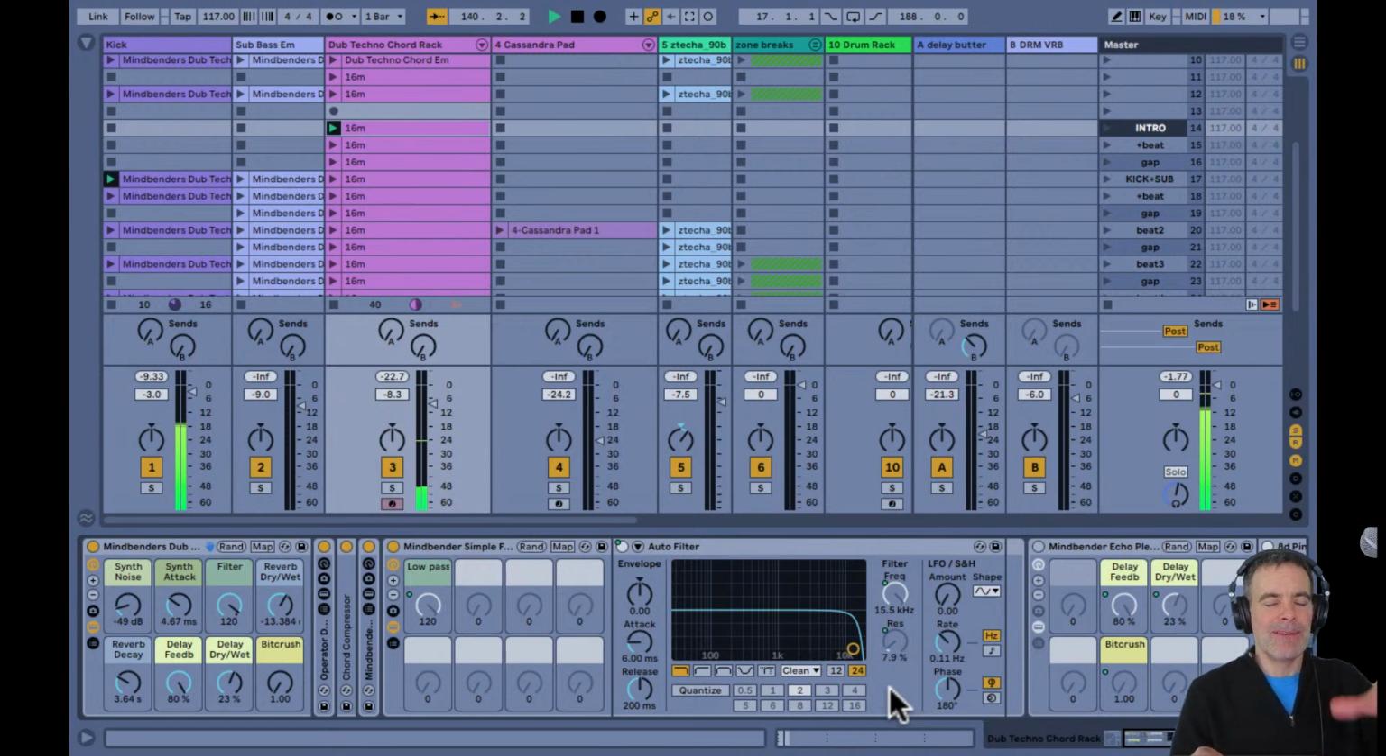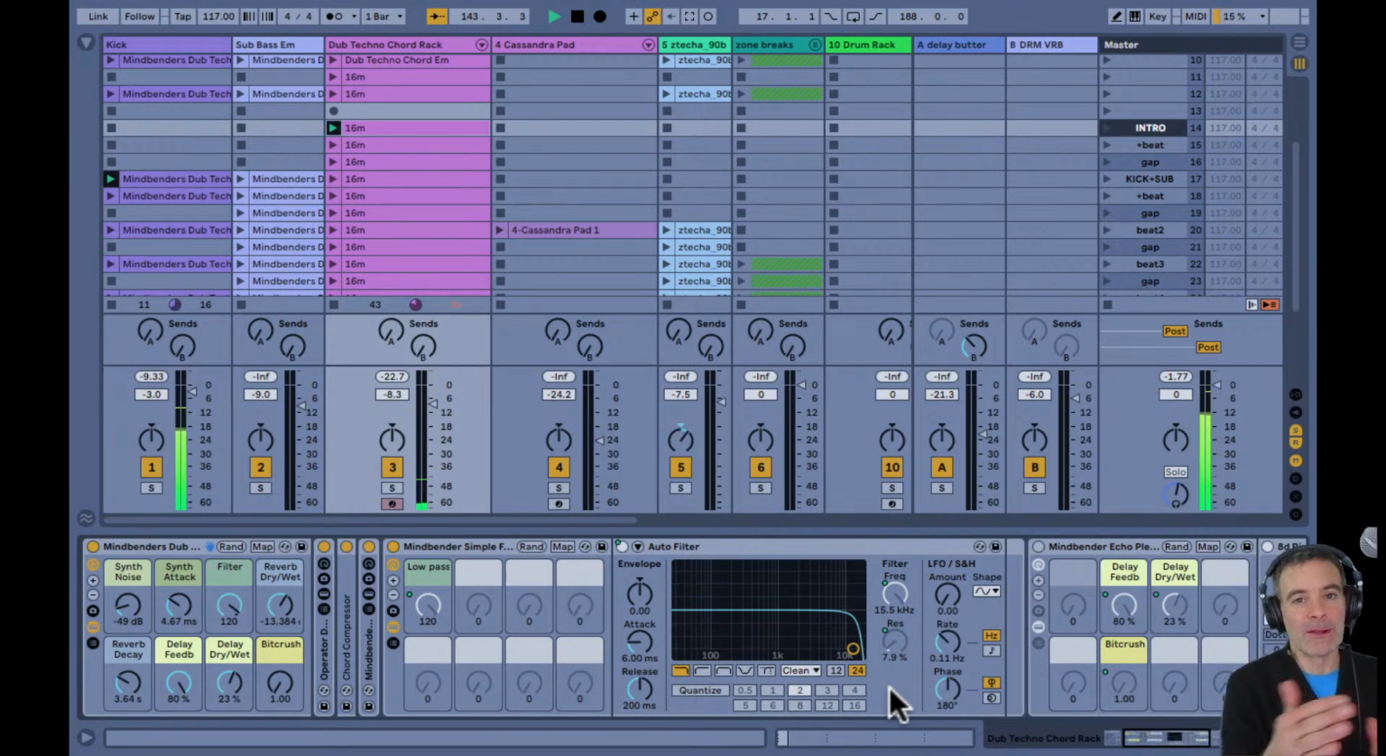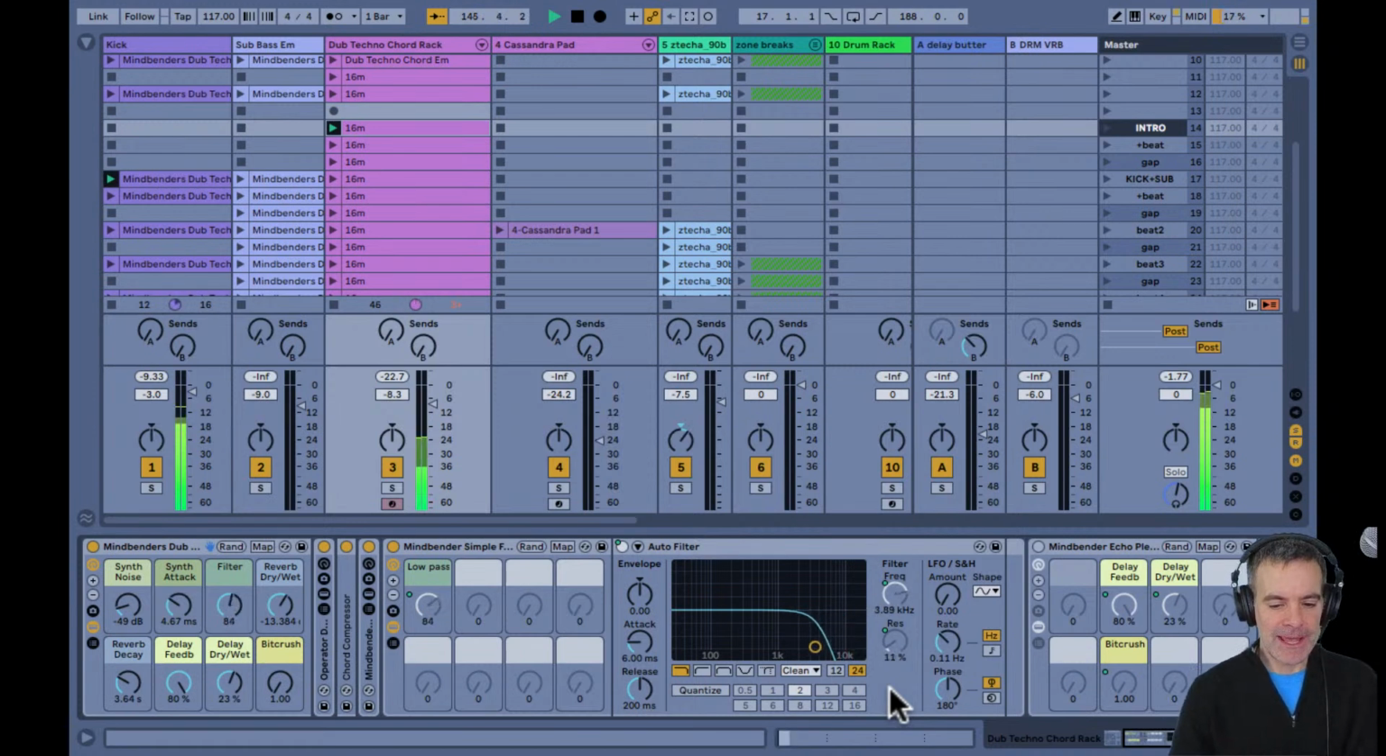Anybody who's ever tweaked a filter and the resonance at the same time, if you have the resonance up high and you sweep down, you get like meow, and it can really rip your speakers. So it's pretty cool to map the resonance and the filter to the same knob. And if you want to get into